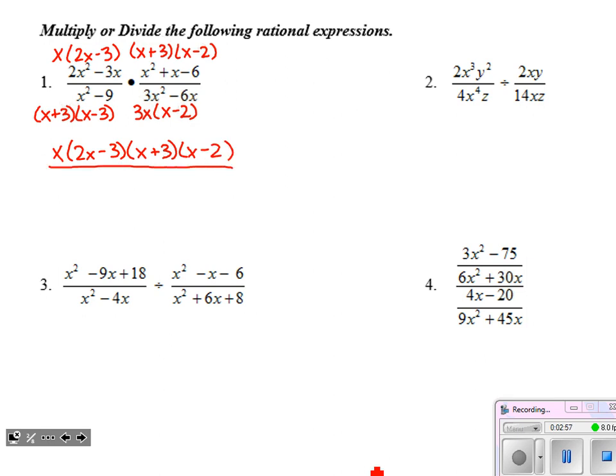Okay, remember we hooked it up. It's all one big fraction now. We multiplied across the top. Now across the bottom, x plus 3, x minus 3 times a 3x times x minus 2. Now that loose 3x is just kind of floating there. I want to be sure that I show that with a multiplication symbol so I don't lose it in the jumble. Or ideally what I would have done is written that 3x, if I recognized it, out front.